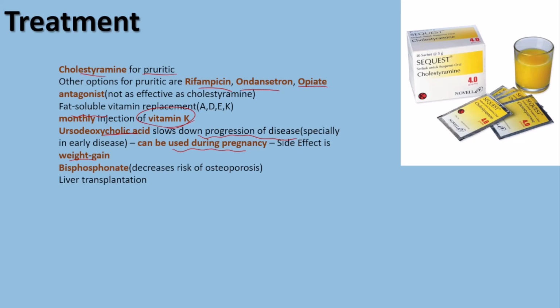And another important drug for patients to be prescribed is bisphosphonate. This is due to the fact that, again, this group of patients has vitamin D deficiency and hepatic osteodystrophy. So bisphosphonate helps to decrease risk of osteoporosis and fractures. And the definite treatment is liver transplantation. Of course, there is no guarantee because, again, the patient might develop primary biliary cirrhosis after liver transplantation, but this is a